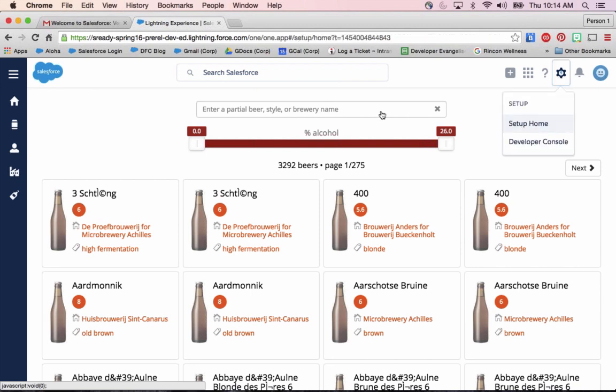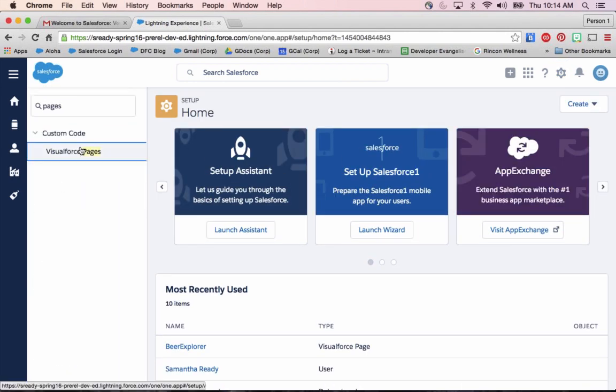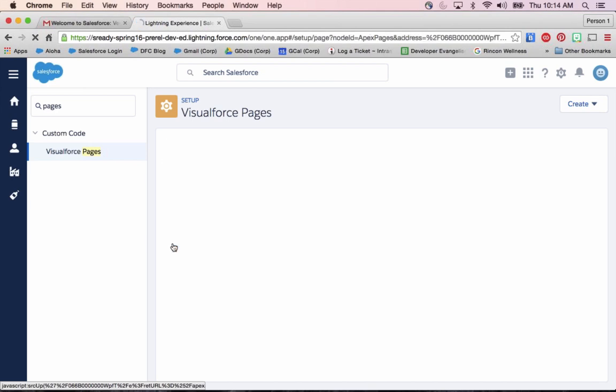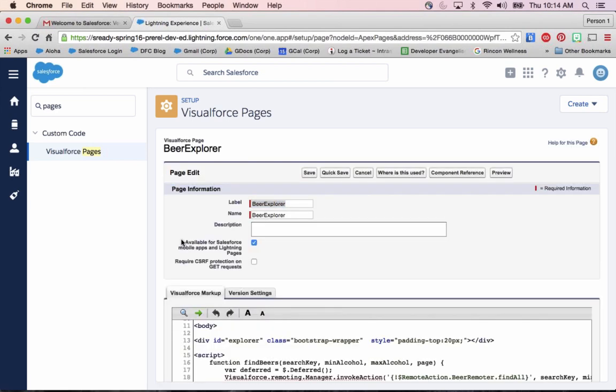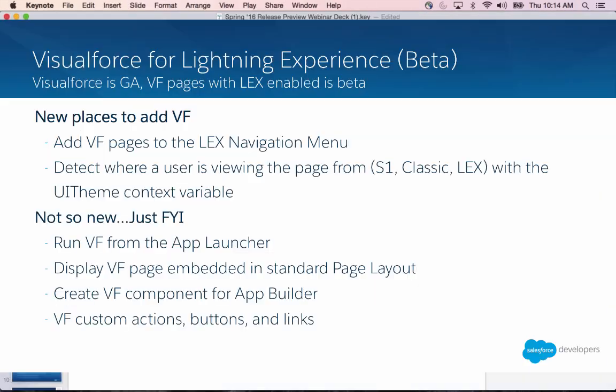Now the one last thing I want to mention is in the setup, when I go to my pages, just like in Salesforce 1 where you need to enable this page to be available for mobile, you have to check this box to make it available for Salesforce 1 or Lightning. So even if you have the tab in the navigation, maybe you have it pulled onto a tab in Salesforce 1, even if you have everything configured correctly, if this checkbox isn't checked, it's not going to show up, and that can be kind of a pain in the butt when you think you have everything set up properly. So make sure you check this box for any Visualforce you want to put on Lightning Experience or Salesforce 1. So great. All right.